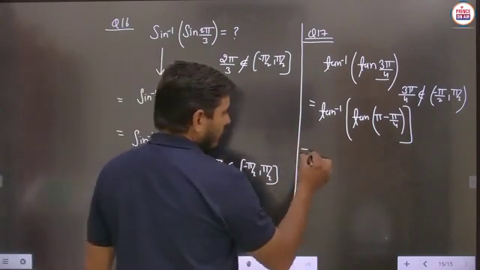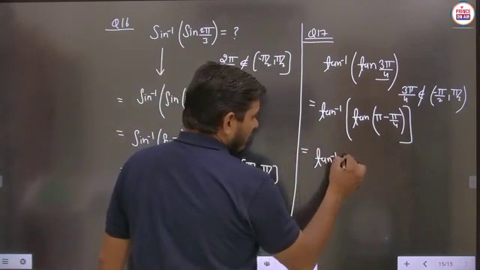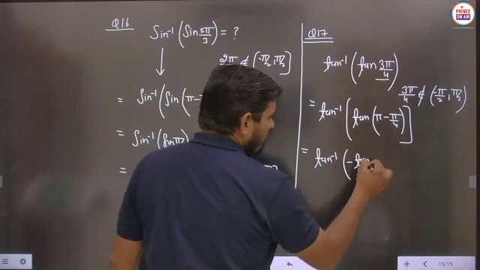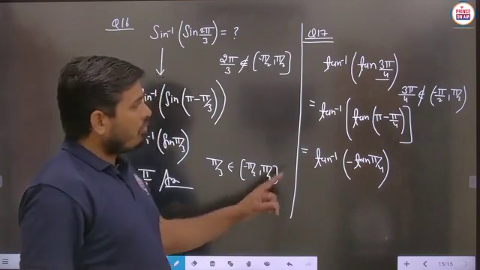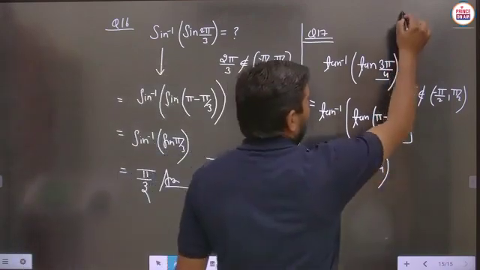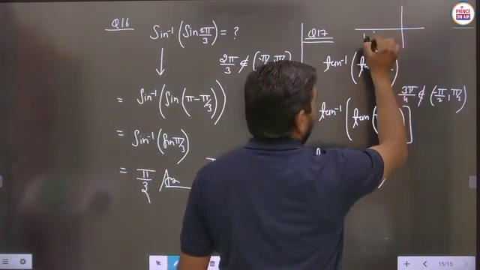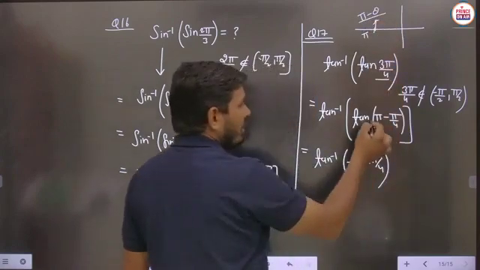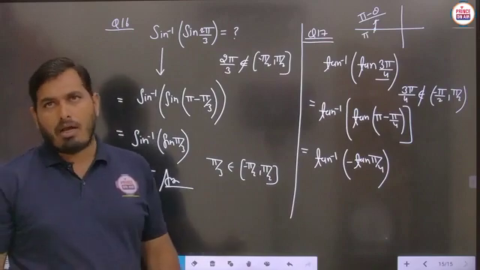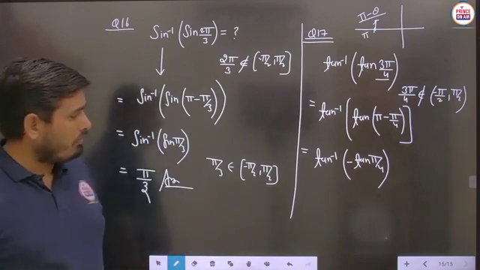So you know very well about this thing. So tan inverse of this will be written as minus of tan pi by 4. How is this negative sign written here? Because you know very well tan(pi minus theta): in quadrant theory, here it is pi, then pi minus theta will lie in the second quadrant. In the second quadrant tan gives a negative answer. I think these things are to be known by you.